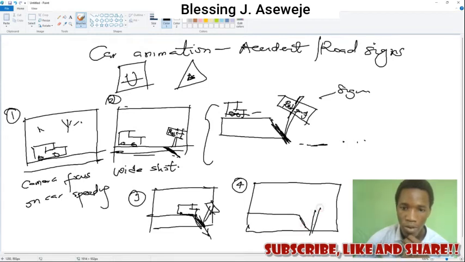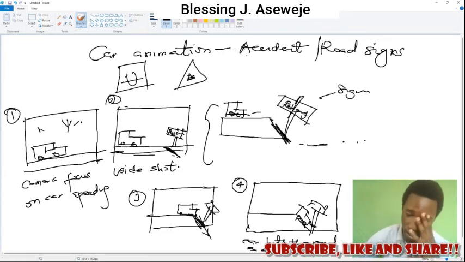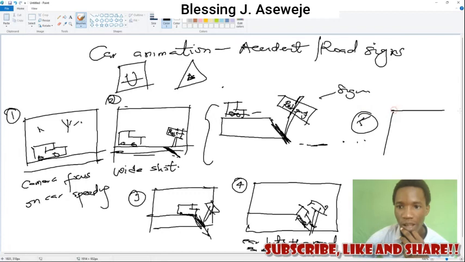So we can even make it more interesting and say, for example, the car actually hits the road sign itself. So the car actually hits the road sign, and then just to make things a little bit more interesting, we can say